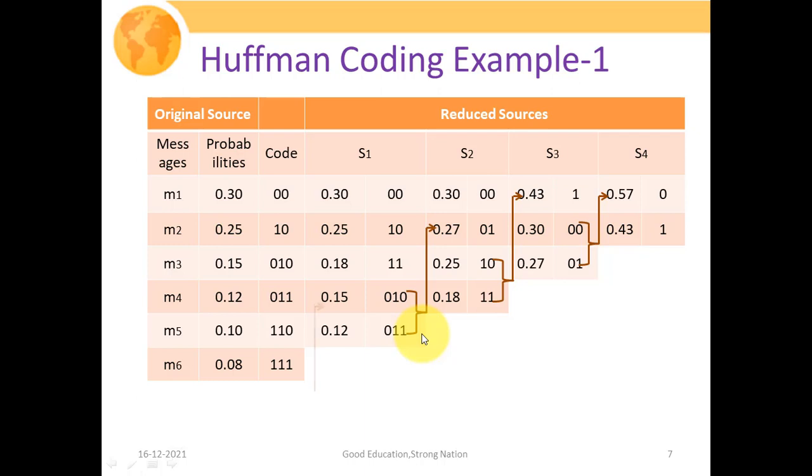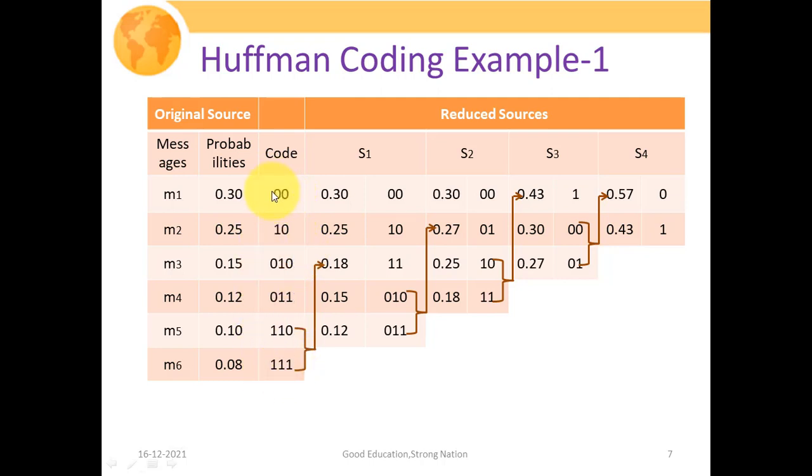So again we have to move back, and we need to find out from where we have got this probability 0.18. It is basically the summation of these two probabilities, that is 0.10 and 0.08. So the code associated with this 0.18 is your 11. So we have used this 11 as your prefix, as shown here, 11 and 11. So for the higher value of probability we have assigned this code 0, and for the lower value of probability we have assigned this code 1.